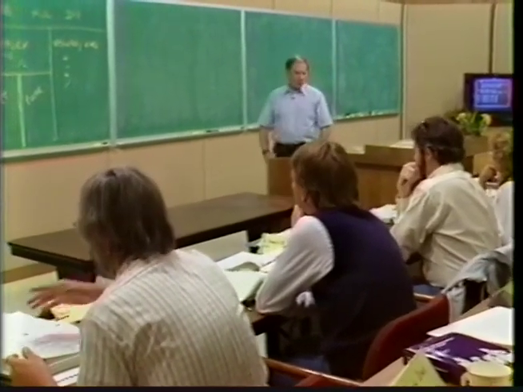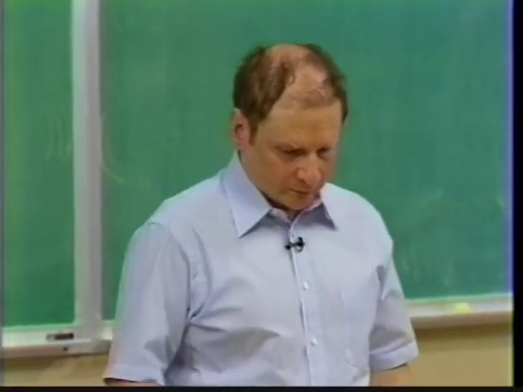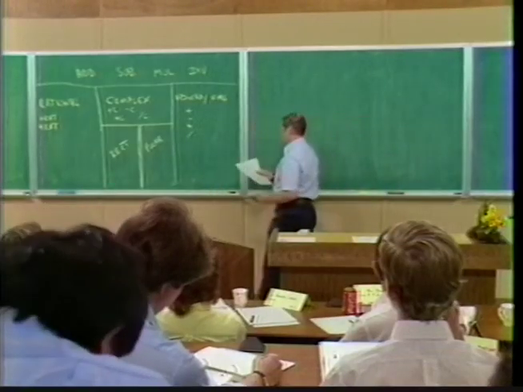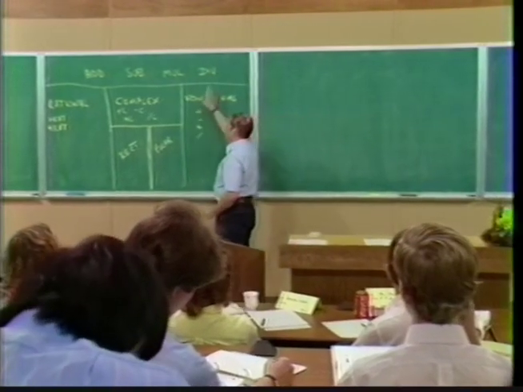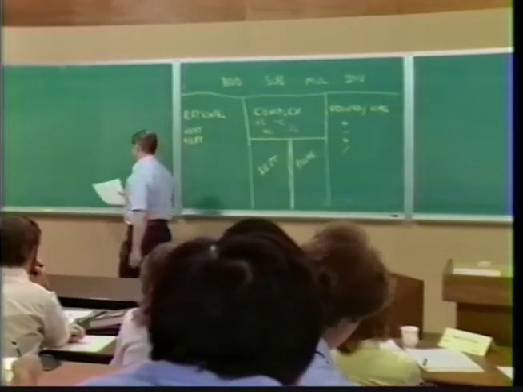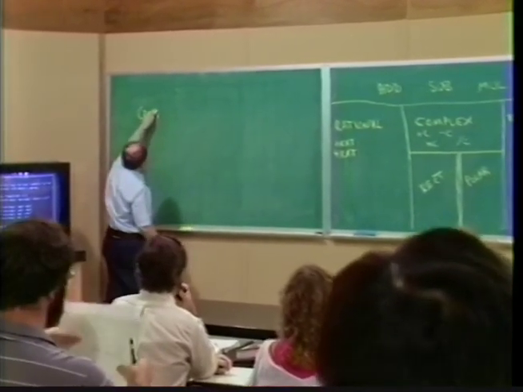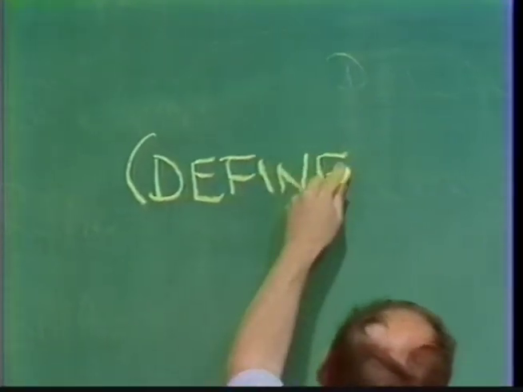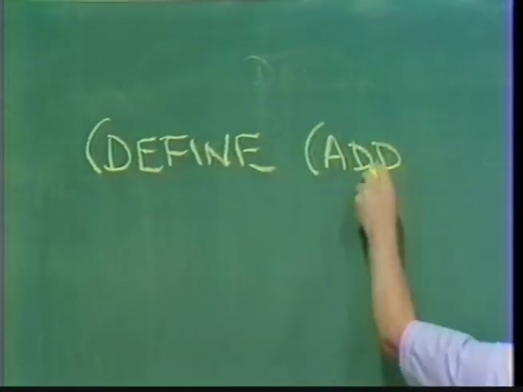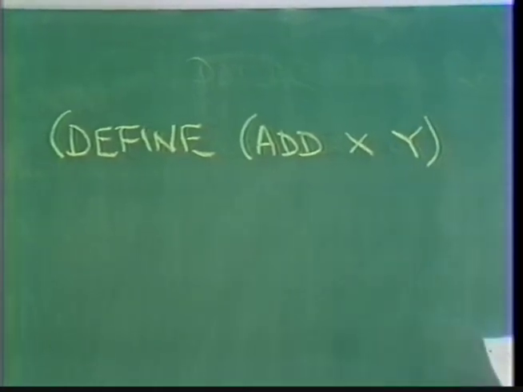Well, how does the whole thing work? See, what we want to do is have some generic operators, right? Have add and sub and mul and div be generic operators. So we're going to define add, and say to add x and y, that will be